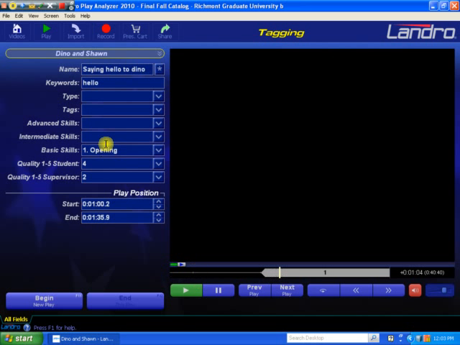Once you're actually editing or changing things within the play, it should just completely recycle. Once you have a set beginning and end, it should recycle on the play and replay it for you until you either pause it or move on. Okay, so this play is done. I'm just going to